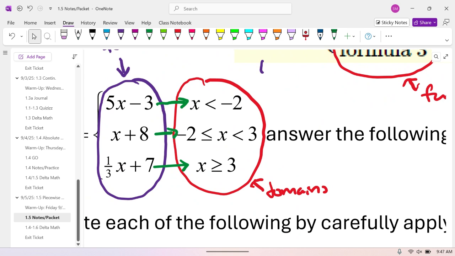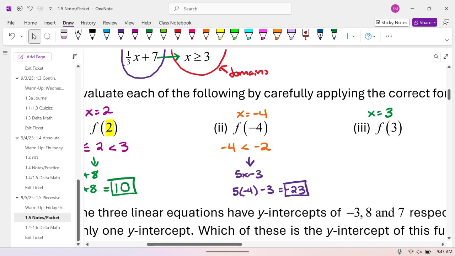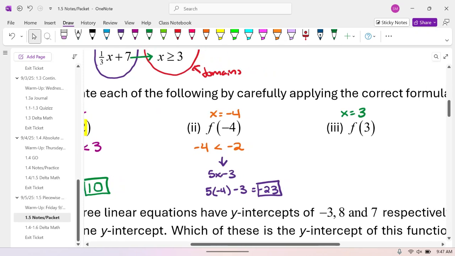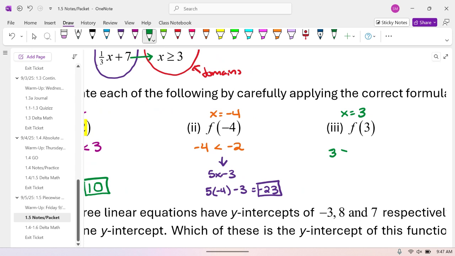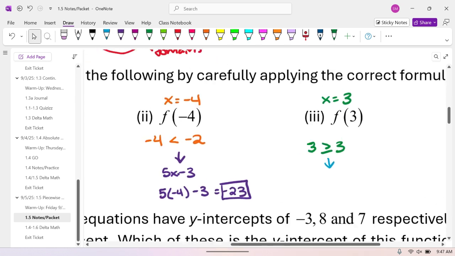Is negative 2 less than or equal to 3, which is less than 3? No. Because 3 can't be less than itself. All right? So x plus 8 is out. Is 3 greater than or equal to 3? Yes. So we're going to use the bottom one. All right? So this is one of those where that little tiny line underneath that inequality is very important. Okay? So since 3 is greater than or equal to 3, we're going to use